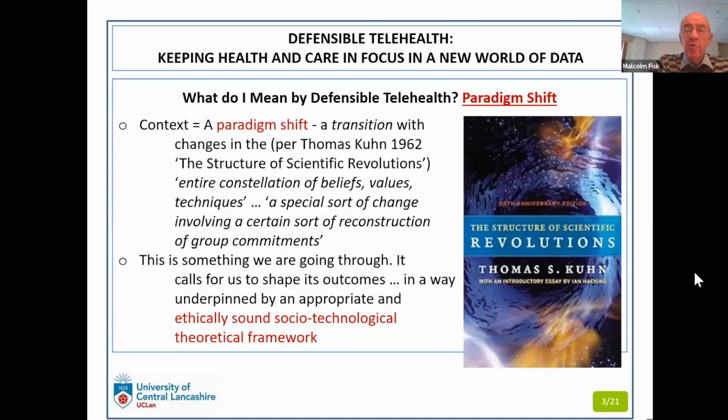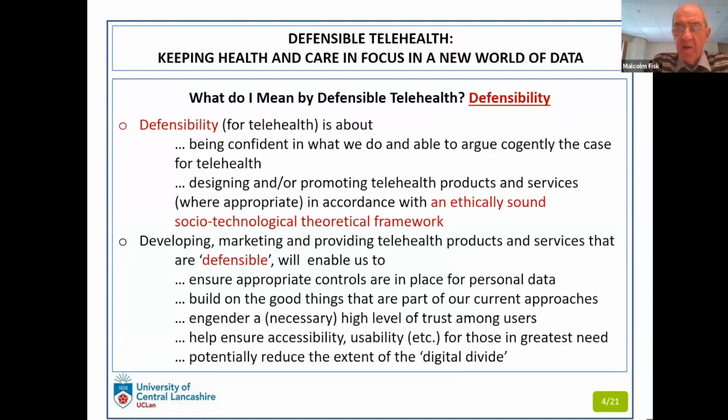In fact, I will skip over this slide. This is just referring to paradigm shifts and making sure that everyone appreciates what the idea of a paradigm shift is. Very quickly, it's to do with changes in thinking and changes in processes, in a more meaningful and more substantial way than is normally the case. So we're not talking about a gradual change. We're talking about something which takes place more rapidly. And you could say that the paradigm shift around telehealth is one that's been partly stimulated by the COVID pandemic.